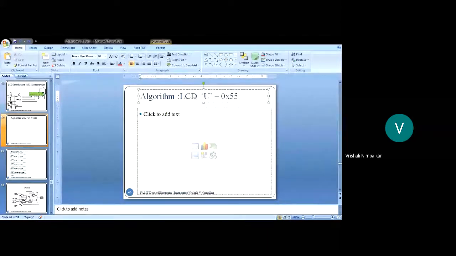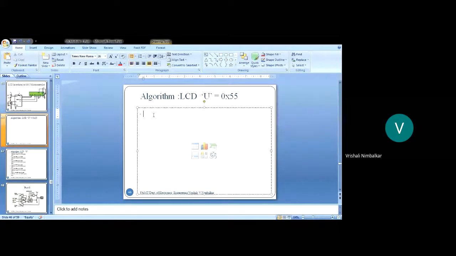Or I can also write the character in a single quote. This can also be done. If there is a single character, put it in single quotes. If it is a number of characters, put it in double quotes. The microcontroller will automatically convert that character into the ASCII code, and the ASCII code will be sent to the LCD display. Right? So there are two options to give the data: either put the character that you want to see in single quote, or send its hexadecimal ASCII value.